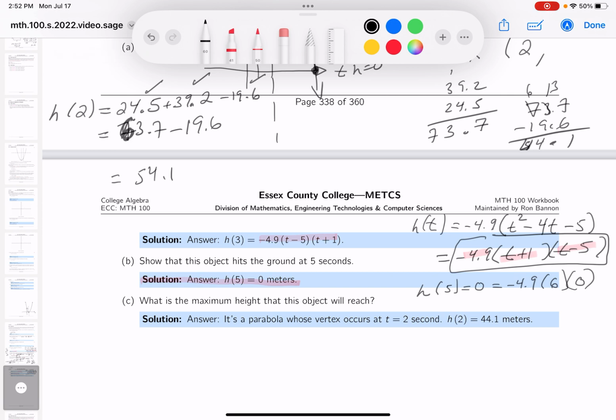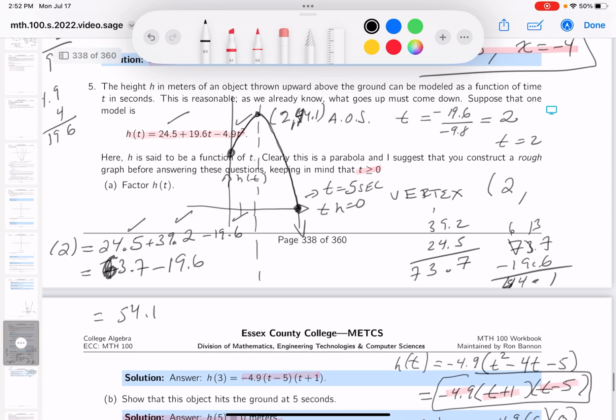All right, 44.1. Again, I made a mistake in arithmetic up there. Maybe you caught that I was talking, who knows. But again, it's important when you're looking at a key, maybe the key is wrong. But anyway, the vertex,